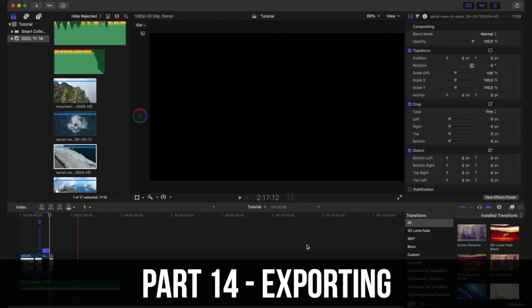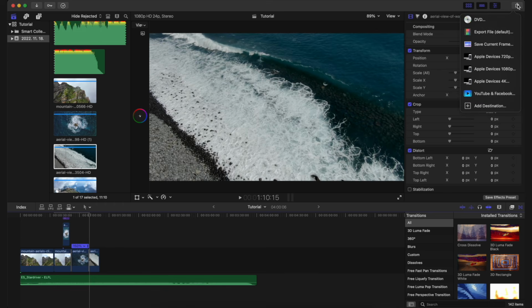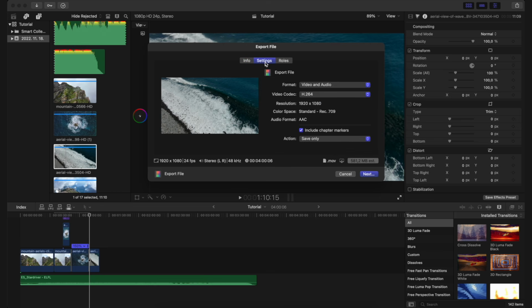Once you have done that and you have created your masterpiece, you are going to want to export it and then upload it to YouTube or wherever you want to, right? What you can do is go ahead and click here in the top right corner on this one, and then you click on export file, and then you can set up the settings here. So you just want to have video and audio as well. Make sure both are included. You can select your video codec,